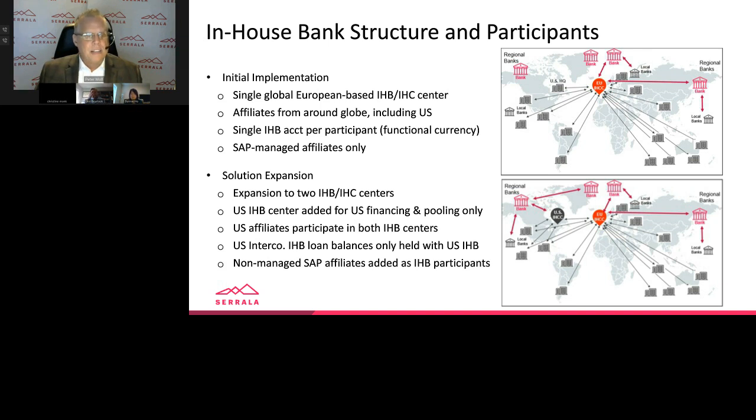That model was fine, because in the early days Microsoft was still breaking ground. This whole model of in-house banking had only been around for a few years, and Microsoft was on the leading edge, still trying to feel out what the optimal model would be. At the time, a single bank area, with all the participants in one in-house cash center, which in SAP are called in-house bank areas, was fine. Now, the one downside at the time was, as was discussed, U.S. entities really can't borrow from a foreign in-house bank because you lead to a deemed dividend, where you would have to recognize that revenue in the United States and pay taxes on it.